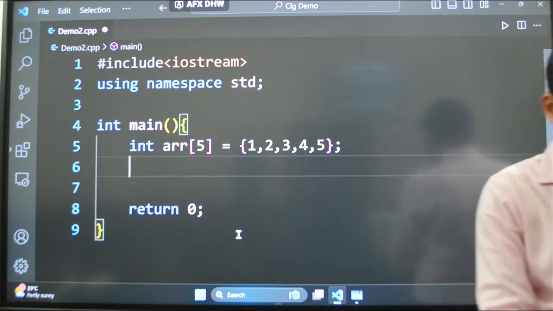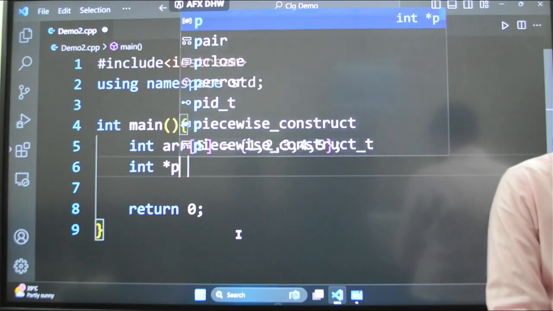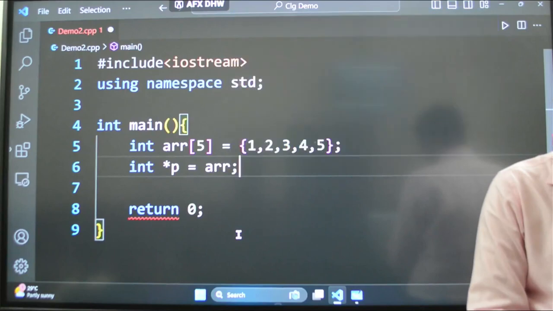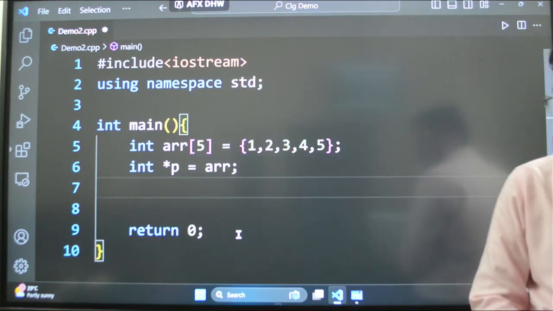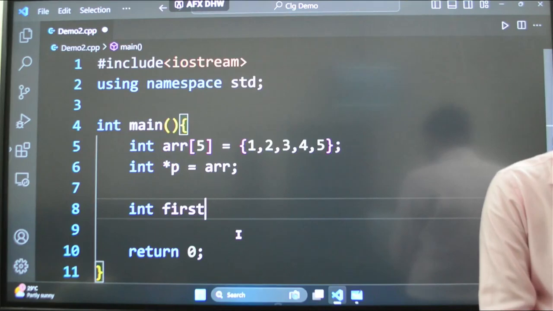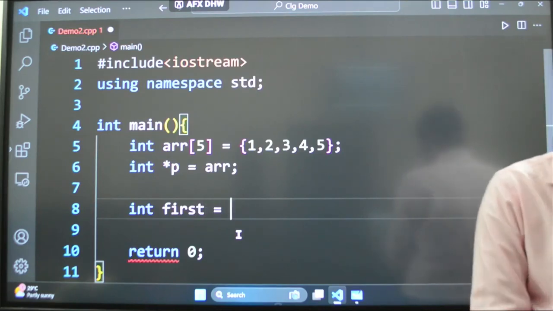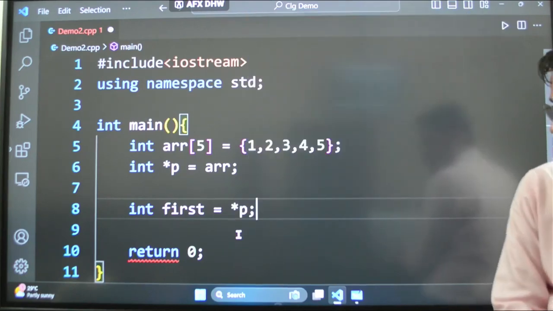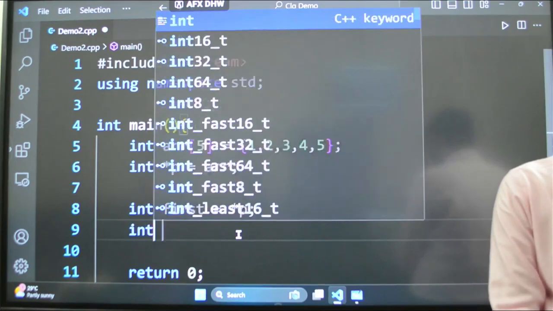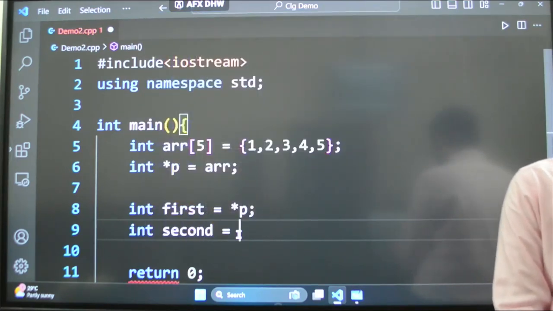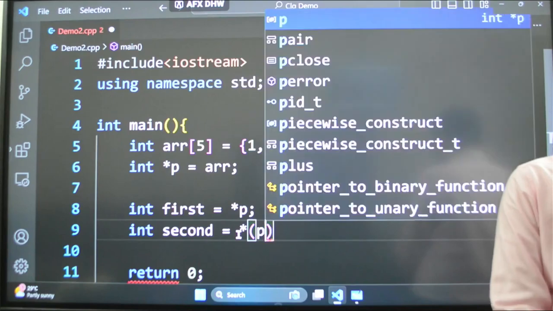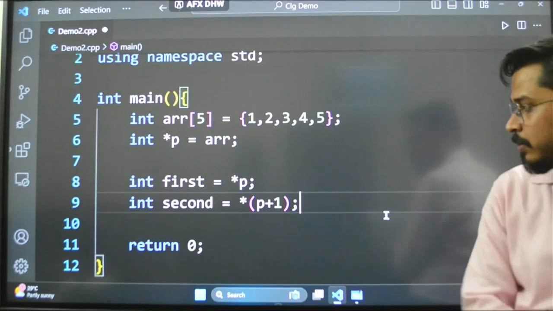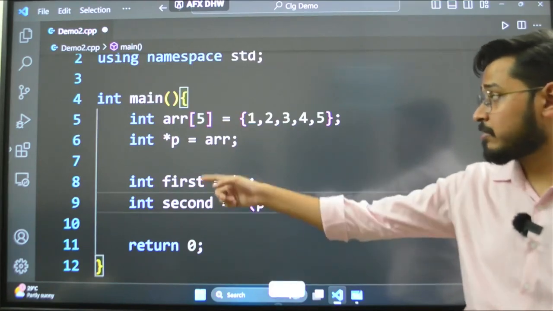And now I said int star P equals to just ARR. Now if I want to get the first element, I said int first equals to star P, that's it. Okay. And if I want int second element, I can say star of P plus 1. Star of P plus 1 will represent the second element.